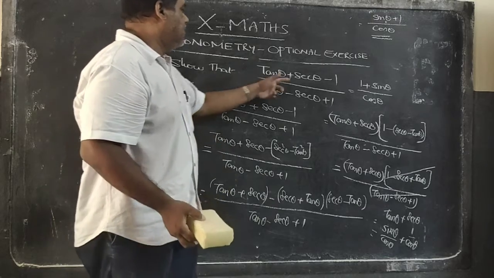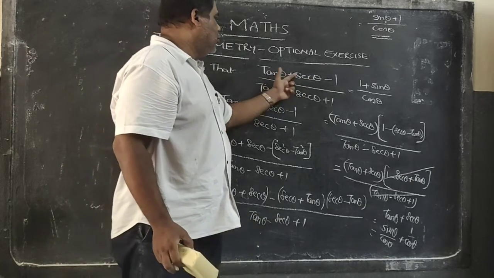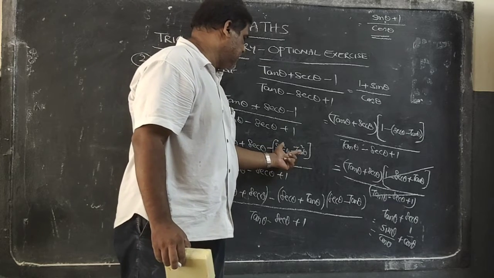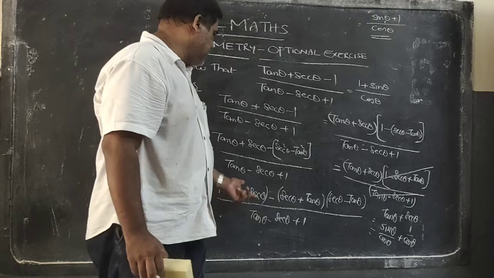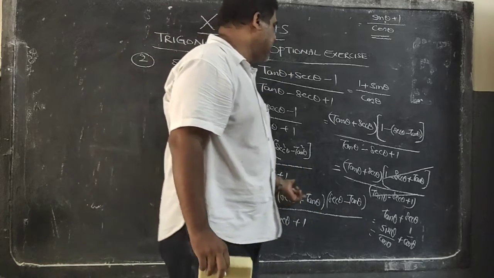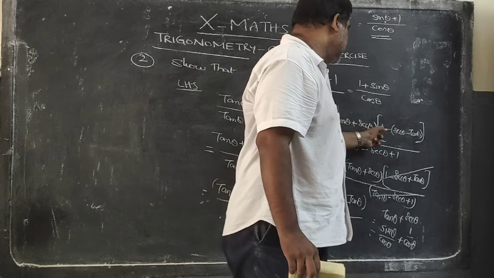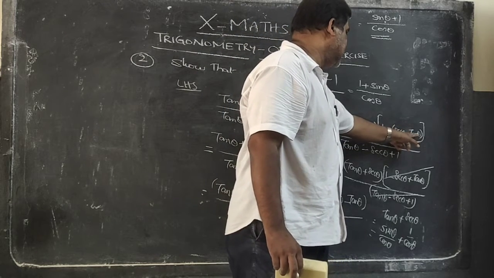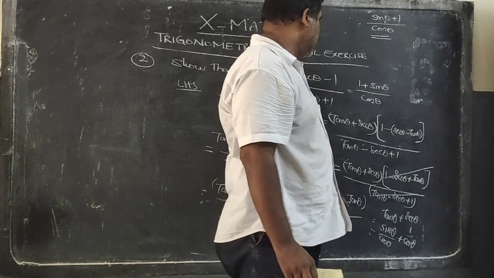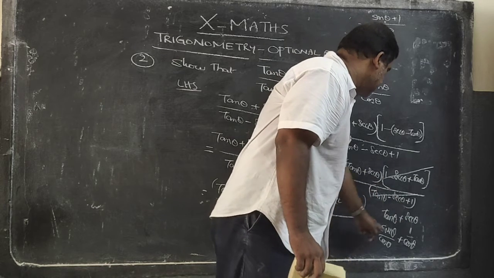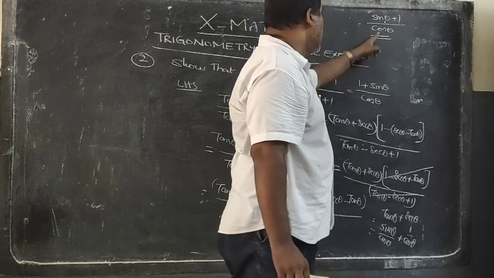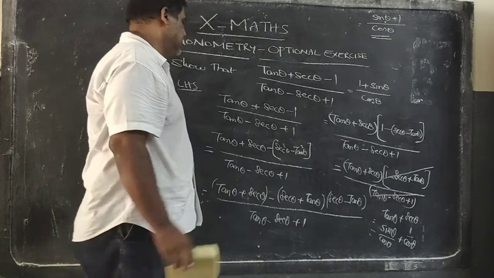So in this problem you have to take LHS, and in the numerator 1 is there; in place of 1 you write secant square theta minus tan square theta. A square minus b square can be written as a plus b into a minus b. Now tan theta plus secant theta is common in both. Then inside you will get 1 minus secant theta minus tan theta. If you open the bracket, it will get cancelled with the denominator. You will get secant theta plus tan theta. Tan theta is sin theta by cos theta, secant theta is 1 by cos theta. After LCM, you will get the required answer.